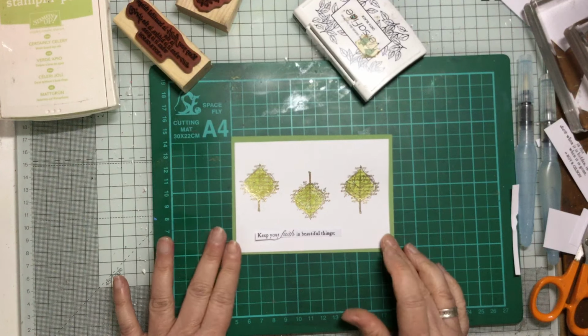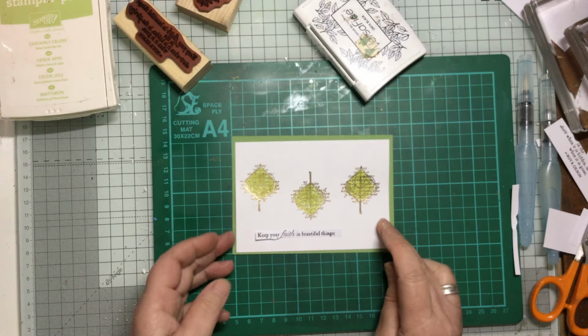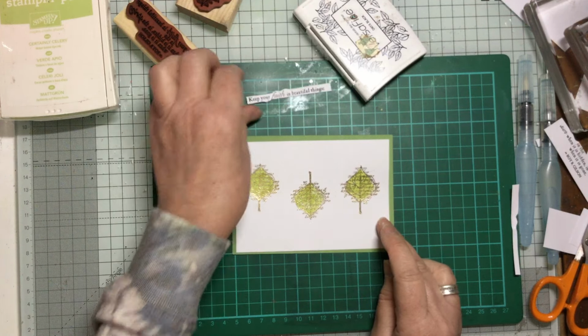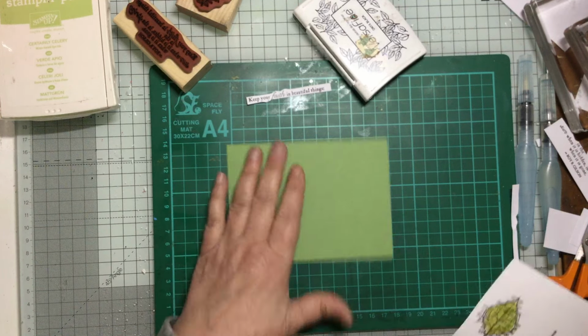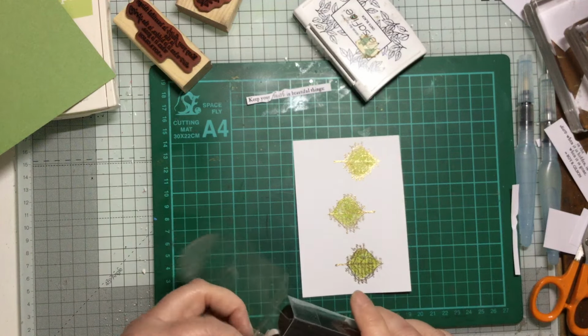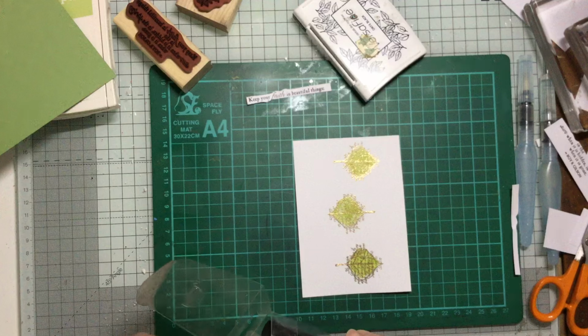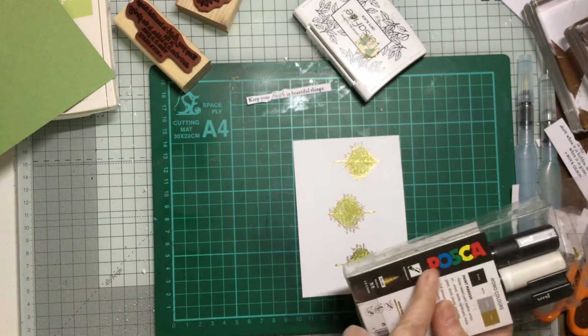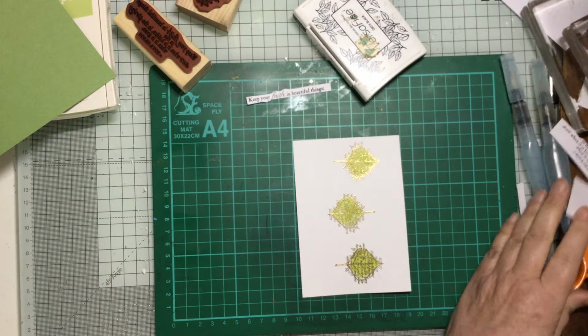Now, if I wanted to, that's beautiful, clean and simple. If I wanted to just jazz it up a little bit more, which you know what I'm like, I like to add just a few little things. So you can use these Posca pens, but you can use any pens that you've got. So these, we've got gold, silver, black and white, and they're Posca, P-O-S-C-A. Ball bearing in them, give them a bit of a shake,